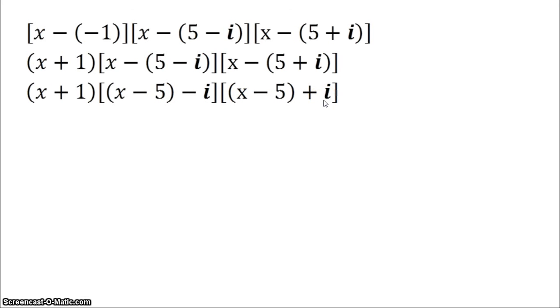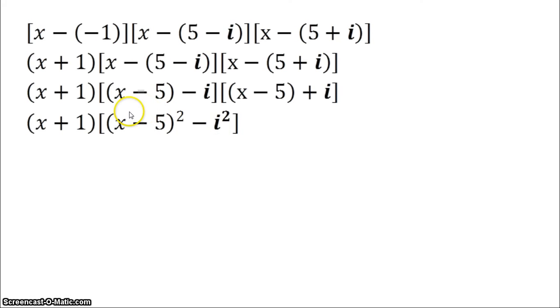If you're paying real close attention, you'll notice that in a weird, awkward kind of way, that's a difference of squares, where I have a minus b times a plus b. Here, a is x minus 5, b is i. We don't see that too often, but here we're going to use that to our benefit to rewrite that as a squared, x minus 5 squared, minus b squared, i squared. Once we've got it simplified to this,